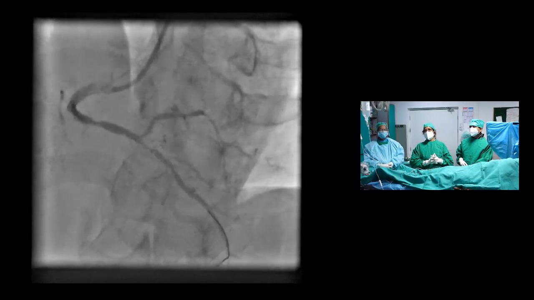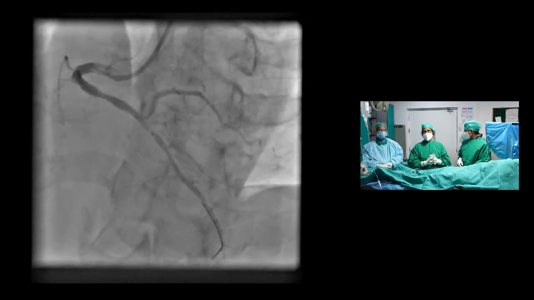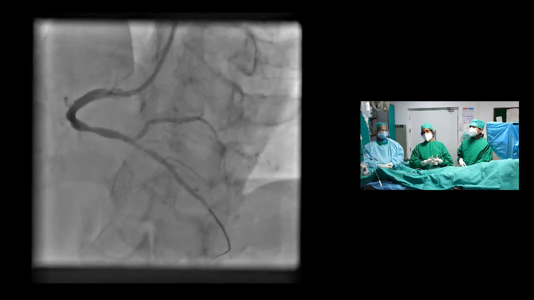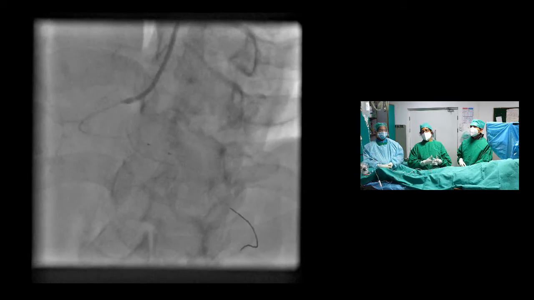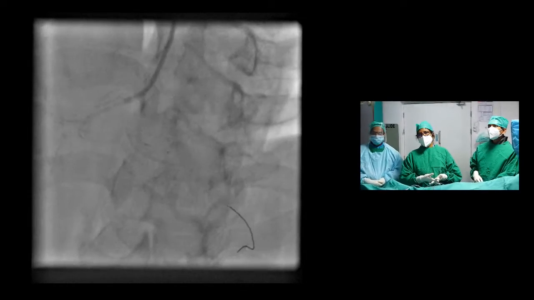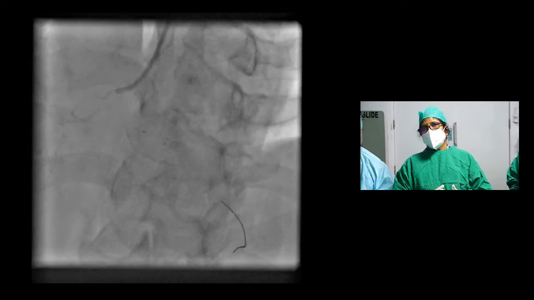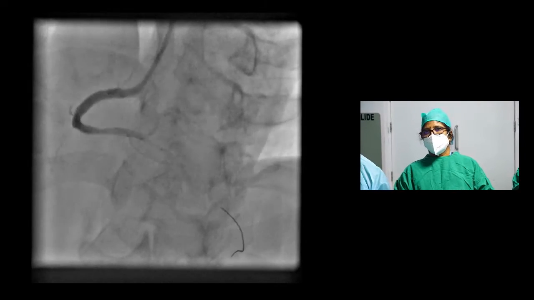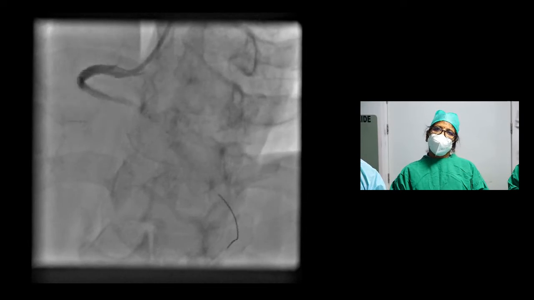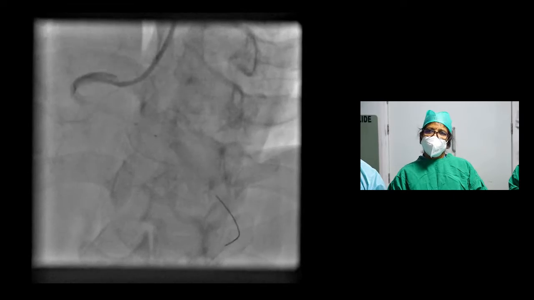So we decided to do focal stenting and leave the proximal RCA lesion and the distal RCA lesion for medical management. As we also noted by physiology that it is not significant, and by anatomy we have found that there is no vulnerable plaque or thin cap fibroatheroma. So this is the approach which may be the future in non-culprit lesions, using not only an FFR but also a combination of OCT and FFR, which is currently being studied in the COMBINE trial.